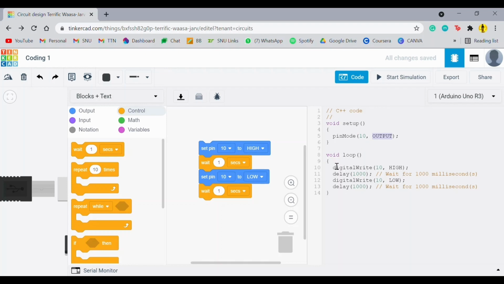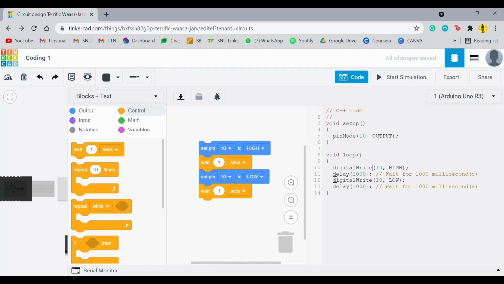So now over here in the loop function, we can see there's this function called digitalWrite, in which we provide the pin number, and if the state of the pin is high or low, that is whether it provides 5 volts or 0 volts, whether the bulb will be off or on, right? And we use the digitalWrite function because this is an output. If instead of an output this would be an input, then we would be using digitalRead, which I'll show you